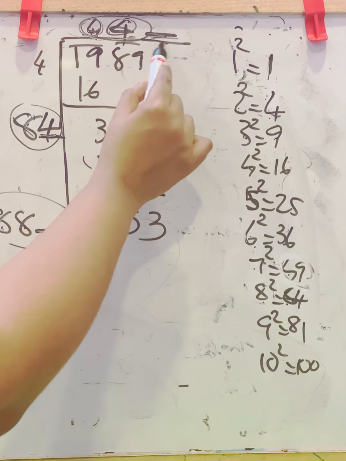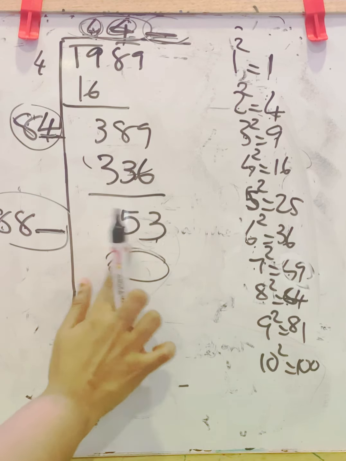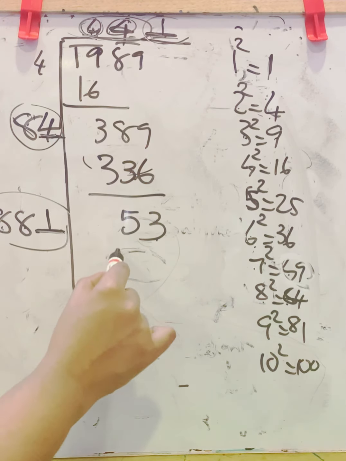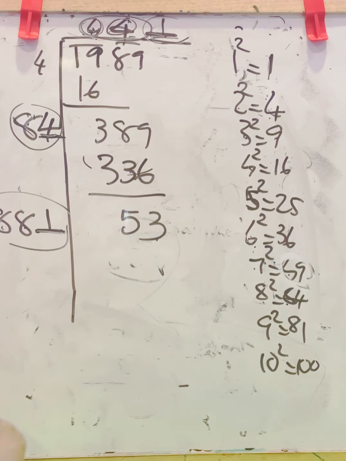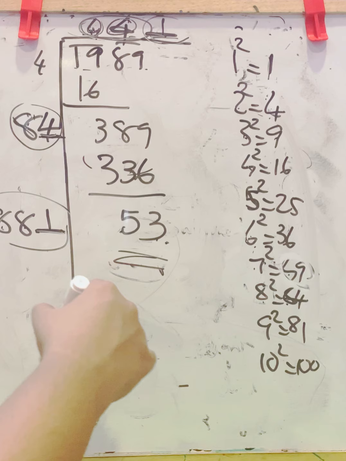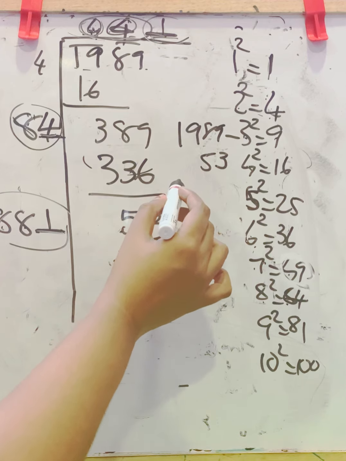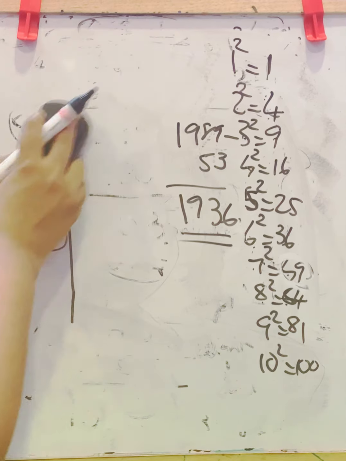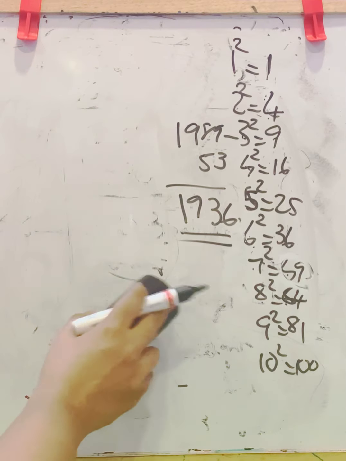Now this number into this number, you have to get a smaller number than this or an equal number. So here you will not get a number, because if you put 881 into 1, it will be 881. You can't subtract it. So you can't proceed. So what is the remainder here? 53. If you subtract 53 from this, you can proceed. I will show you. 1989 minus 53. The answer will be 1936. Now this will be a perfect square. Let us check. Remainder was 53, so we subtracted 53. Now we got a perfect square, 1936.